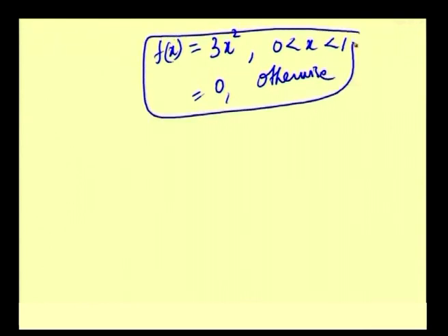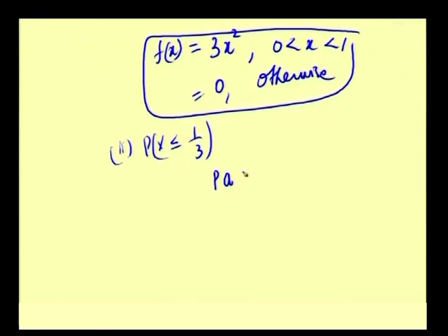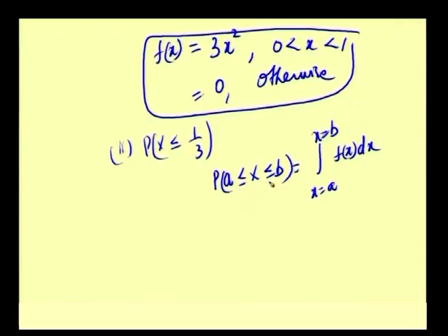Going to the second question, you are asked to find out p of x less than or equal to 1 by 3. There is a formula relating probability and the PDF. What is that formula? P of a less than or equal to x less than or equal to b means integral from x is equal to a to x is equal to b f of x dx. Here, when x is continuous, equality does not matter. Even this is the same formula for p of a less than x less than b,